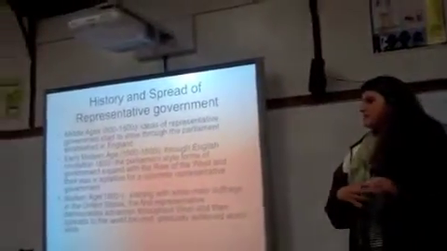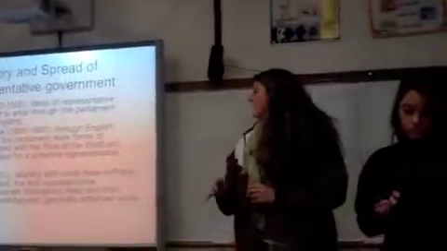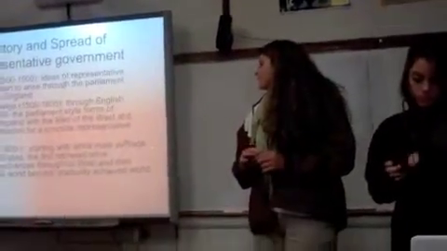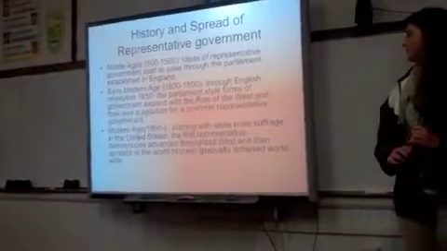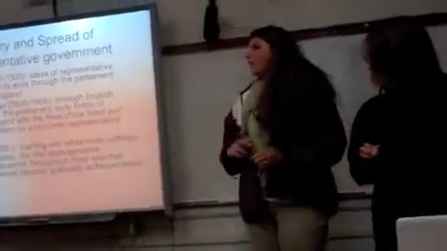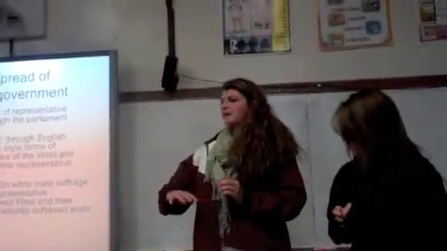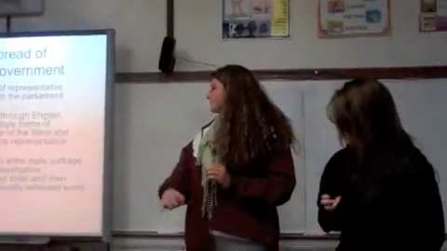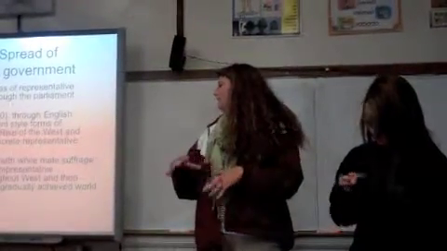And then the modern age, which is the 1800s to now, starts with male suffrage in the United States, which means that white males were starting to be able to vote in the United States. And this is the first representative democracy advantage throughout the West, and it spreads to the world and beyond. Once this is formed, it spreads to the West, and as the West gains more and more power, it then spreads to the entire world, and it's still spreading, so it's gradually achieved worldwide.